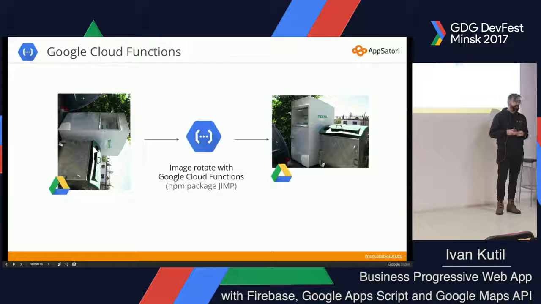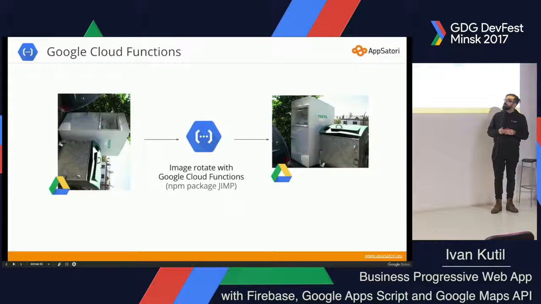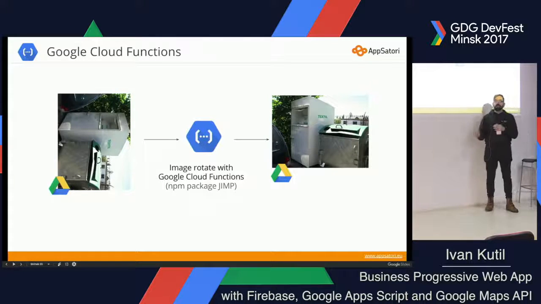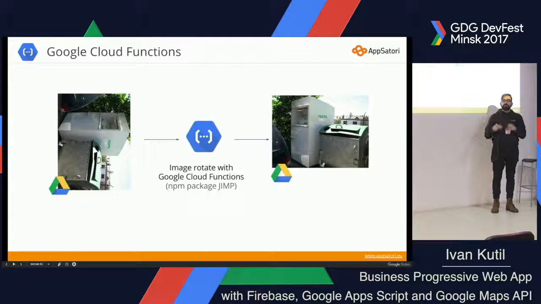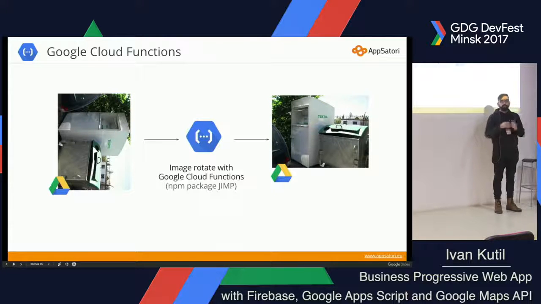Another Google technology which we have used is Google Cloud Function, because sometimes someone took an image of the container in the wrong orientation. So for that we have to create some automation tool to rotate these images. For that we are thinking about the microservices architecture, and because it's a simple function, it just only rotates the image. So for that reason we use Google Cloud Function, which allows you to scale only one feature